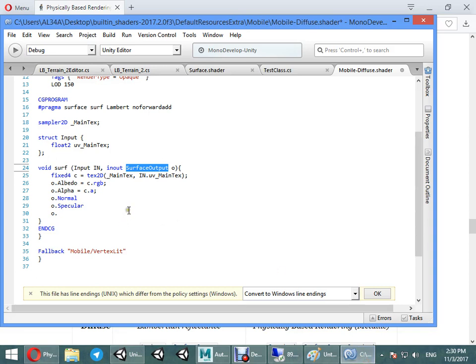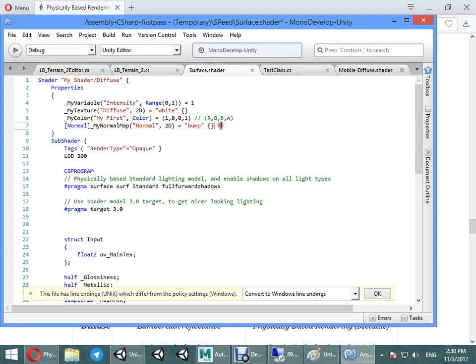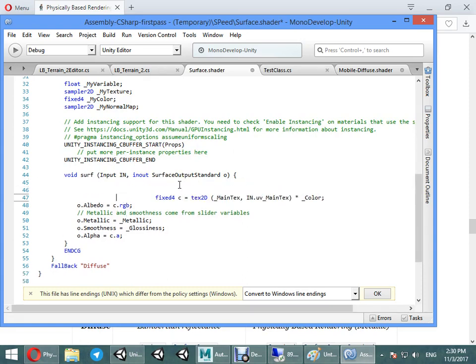Okay, so we want to start writing my first shader. Remove these values and use my own shader variable, my intensity. So first we need to create a color, RGBA, a variable float for RGBA, my text output. The name is not important. You can use any name if you like. The type we want to convert